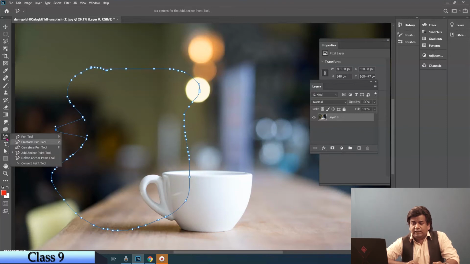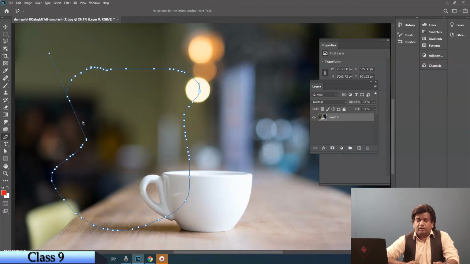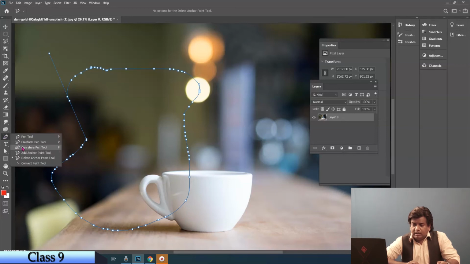Okay, if I want to delete something, delete anchor point, and you are able to get smooth curves on the next to anchor point. And then there is convert anchor point tool. Convert anchor point tool has three functions, as I told you earlier.